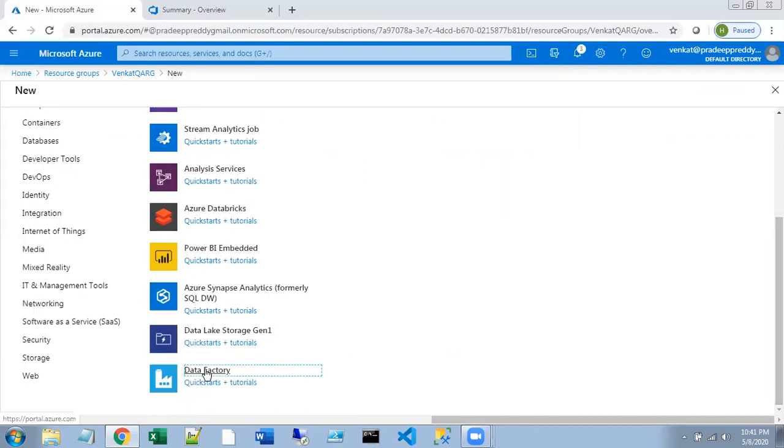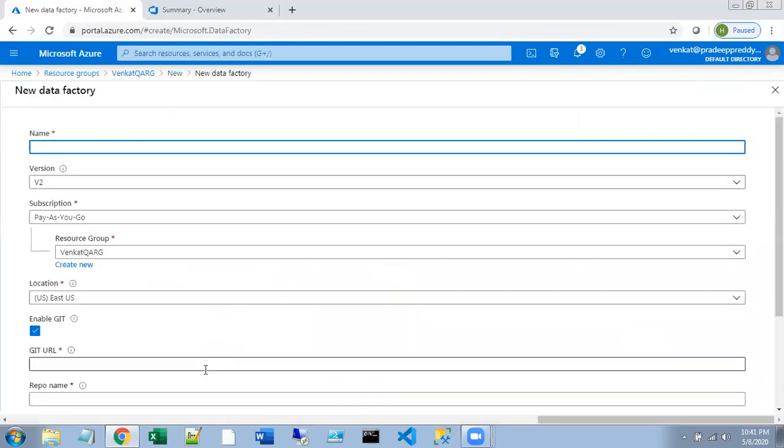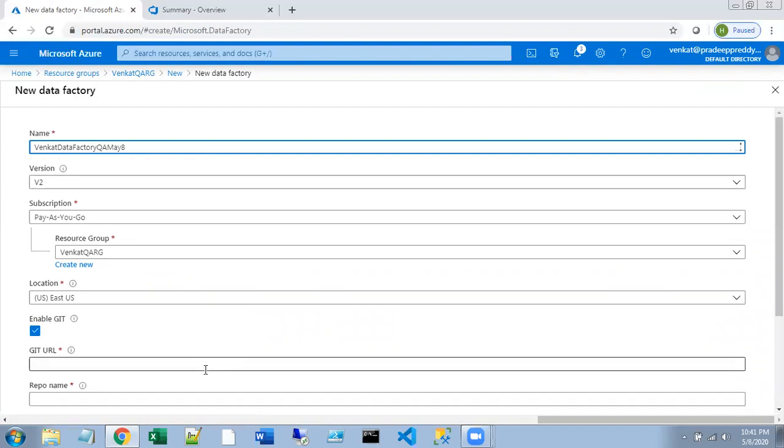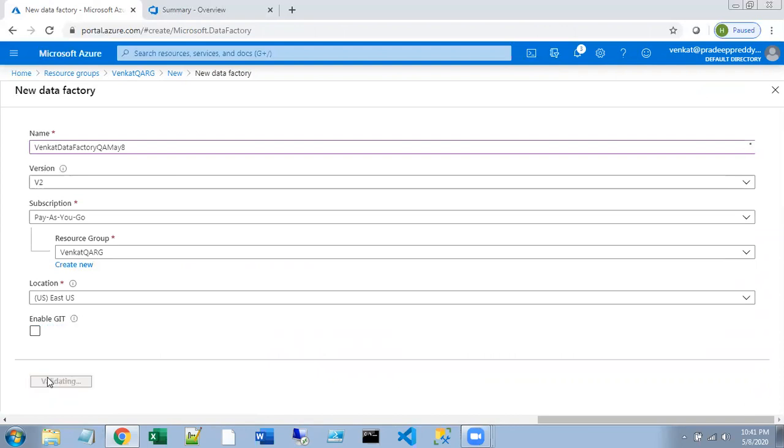But I'm going to give a different name to show you. This is the name, right? Venkat Data Factory May 8. This time I'm going to say Data Factory QA May 8. So create.